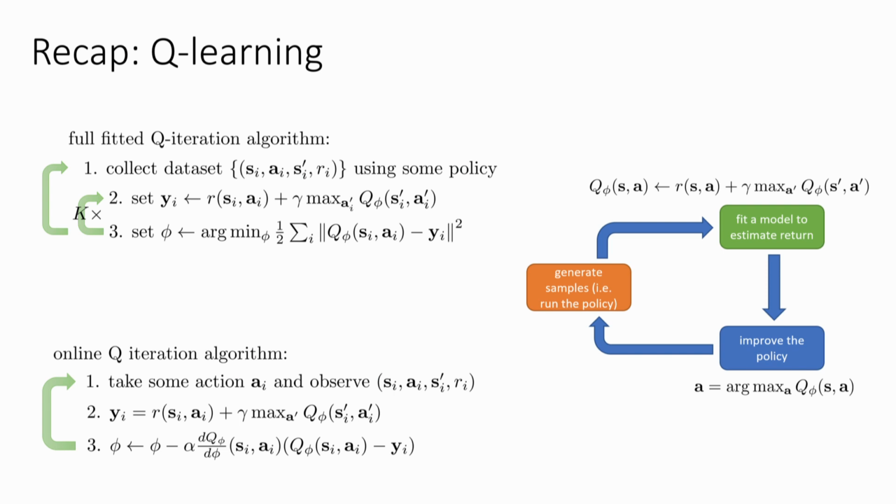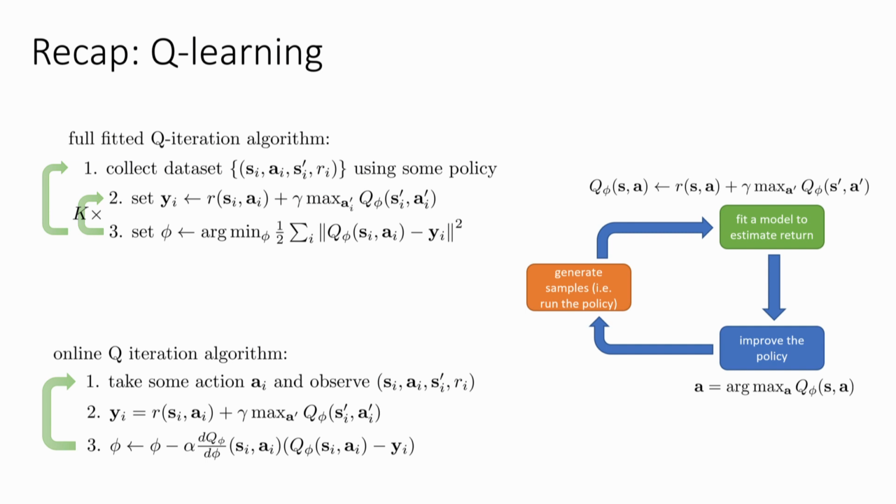We can think of it graphically in our favorite diagram as basically updating the Q function in the green box by assigning the Q values here, and then in the blue box, the way it recovers a better policy is just by using the argmax policy. So there's no explicit pi. The pi is just recovered from the Q using the argmax. So the general version of this algorithm, the fitted Q iteration algorithm up here, basically has 3 steps. You collect some data using some policy, and we talked on Monday about how this policy could be the greedy policy, but in practice it's better to make it a little bit more random to induce some exploration because the greedy policy is deterministic.